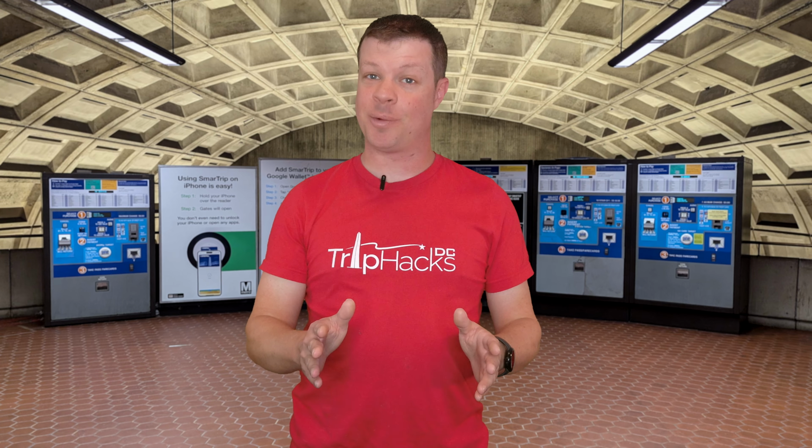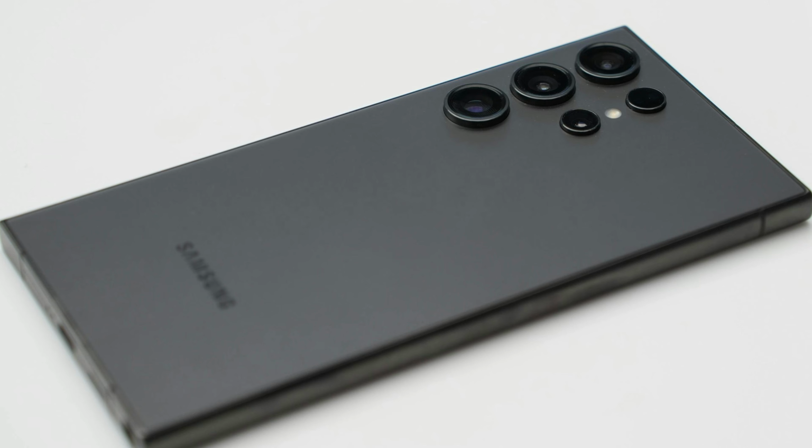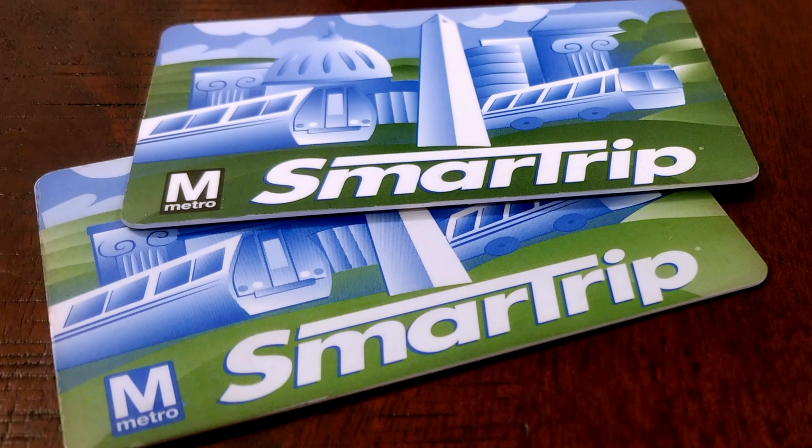I'm going to show you how to ride DC Metro using an iPhone, an Android phone, and a good old-fashioned